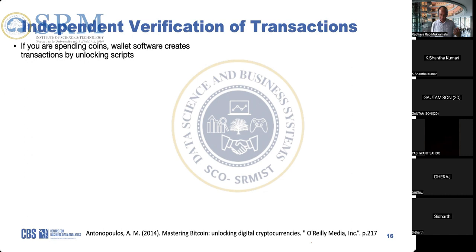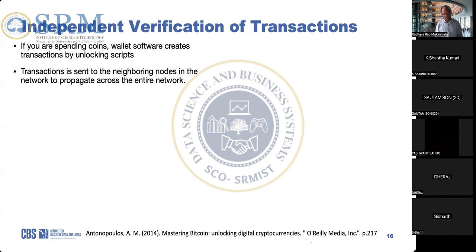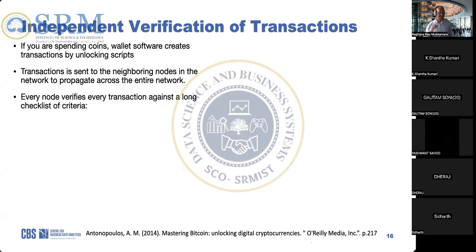And you're trying to pay the coffee vendor, and then the unlocking script will be generated, and this transaction is put into the network. It will be sent to the neighboring nodes in the network to propagate across the network. And every node verifies the transaction against a checklist of criteria. So we have a long list of criteria,